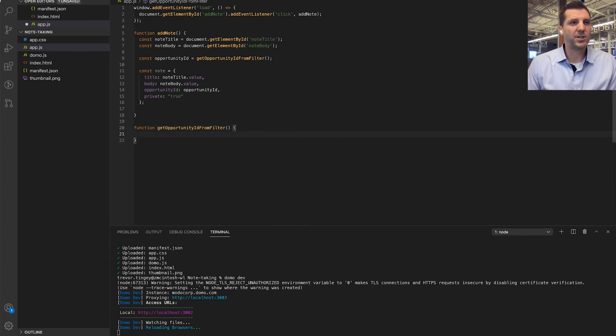And the first thing we're going to do is take it off the filter. The filters for our app come off of the domo.env property, and there's documentation for that in developer.domo.com. So we're just going to take that. If it exists, we're going to parse it into JavaScript,